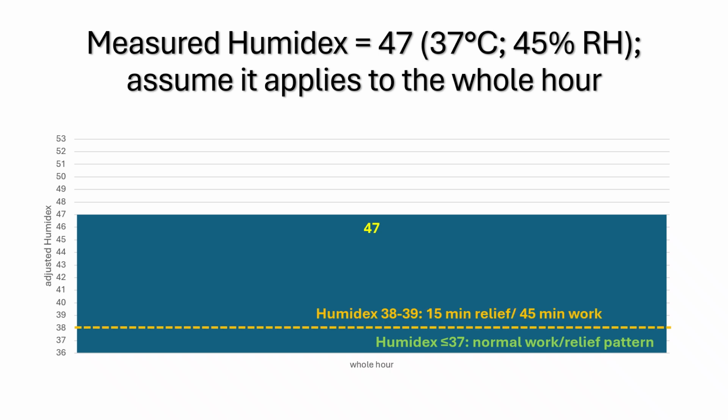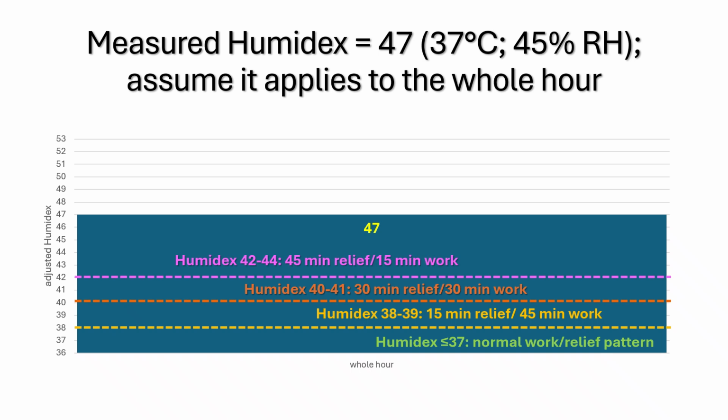However, when you get to 38 to 39 Humidex, there's 15 minutes relief per hour. Between 40 and 41, there's 30 minutes relief per hour. And when the Humidex gets between 42 and 44, there's only 15 minutes work and 45-minute breaks. And if you give it above 45